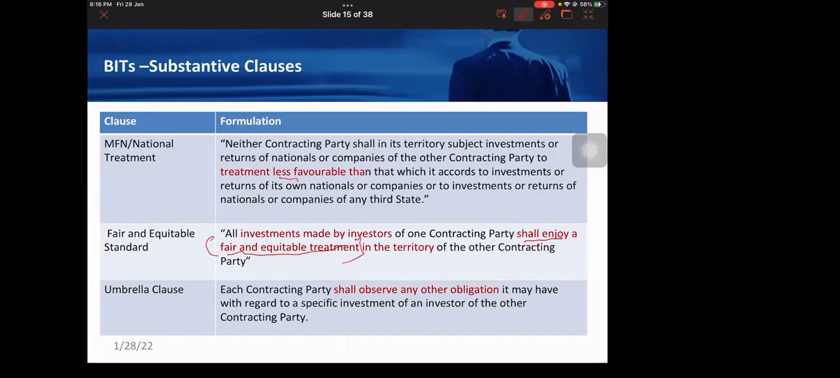So this is like "whatever, notwithstanding anything above," it's like a cushion. Anything other than that should also be observed. So if a